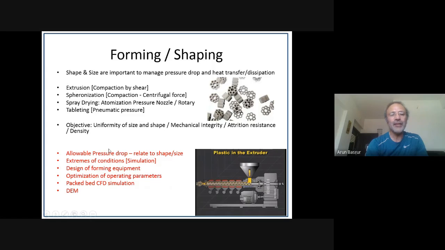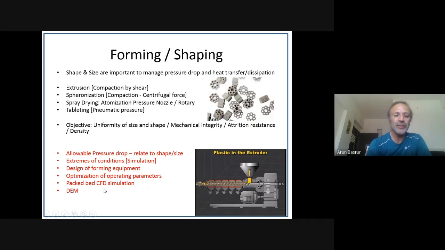Relating shape and size to pressure drop, telling a catalyst developer as to what would be the allowable pressure drop, doing a simulation to determine what would be the extremes of conditions, so one knows what kind of mechanical strength and even thermal strength the catalyst particle should have, designing forming equipment, optimizing the operating parameters of the forming or shaping equipment in order to